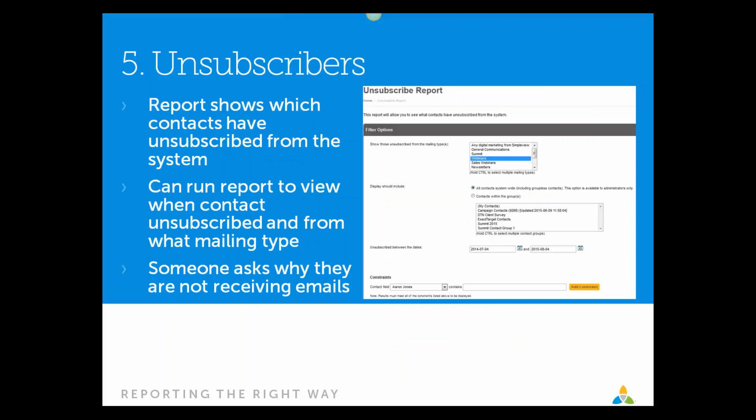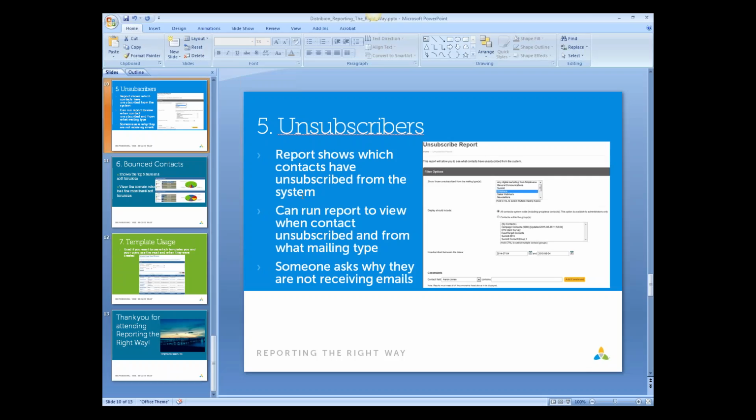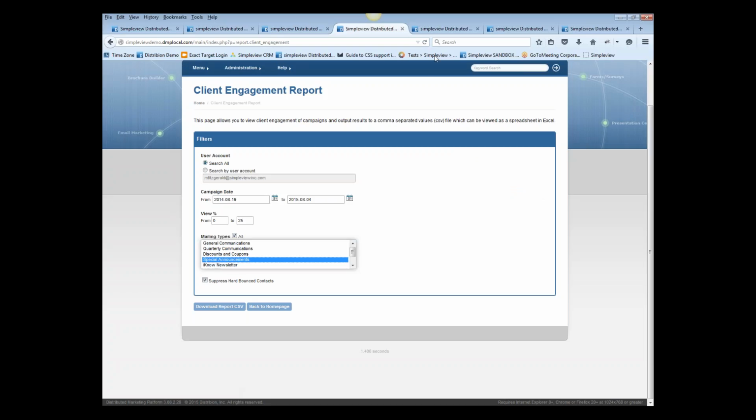Our next report is the unsubscribers report. It's a report that shows you which contacts have unsubscribed from the system. You can run the report to view when contacts unsubscribed and from what mailing type. Say someone asks why they aren't receiving an email, you can go here and say, well, you unsubscribed on this date, and that's why you're not receiving it. So if we get into that report here,